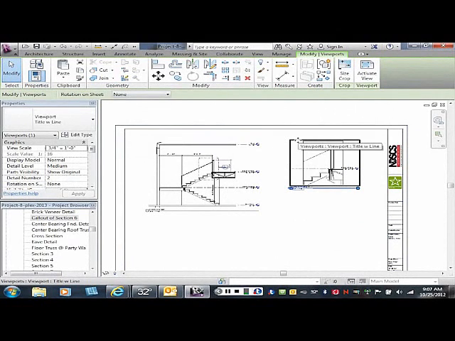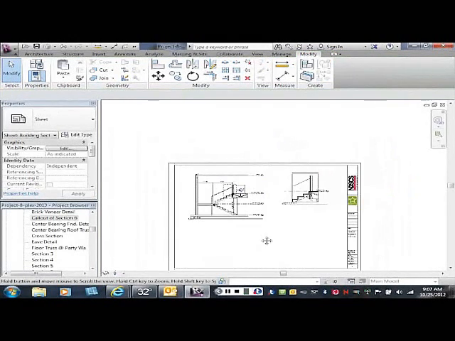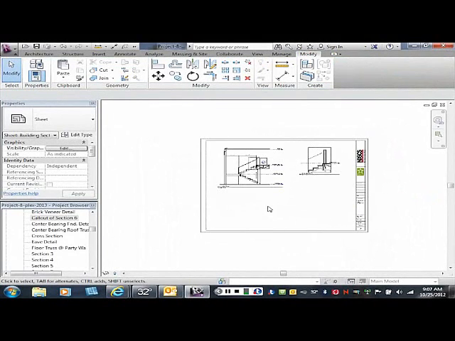Or we have other things that we need to add to the project from different parts of the building where we might have details that we can put on this detail sheet. So we need to think about other details that we might need on the sheet or other things that we need to call out. So